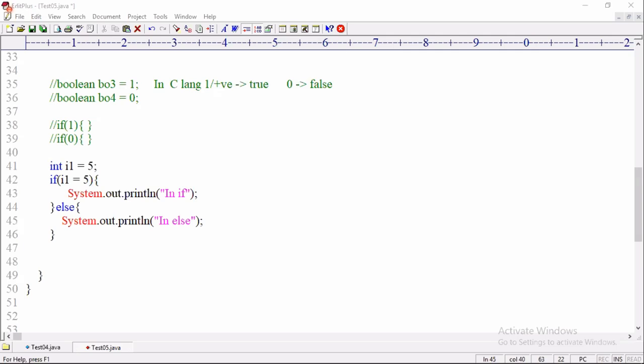So answer the question. Compiler throws error. Not if, not else. Compiler throws error. Why?